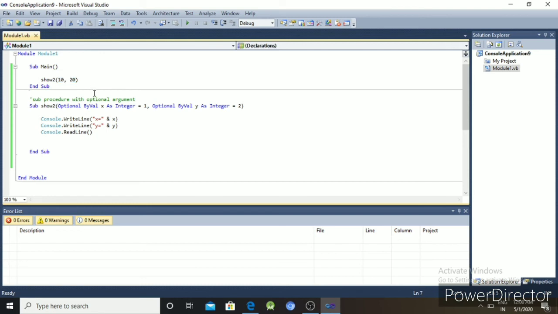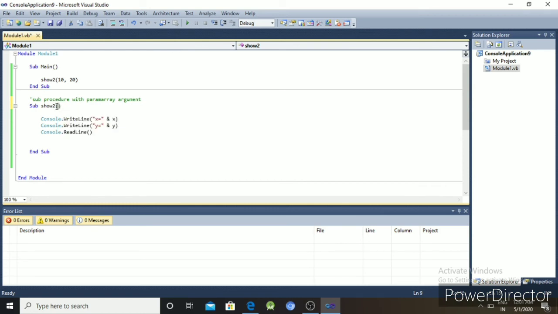The last method is the param array argument. What is a param array? It means you can display one or more elements at a time. So how do we declare it? Using ParamArray. The last sub procedure is with the ParamArray argument.